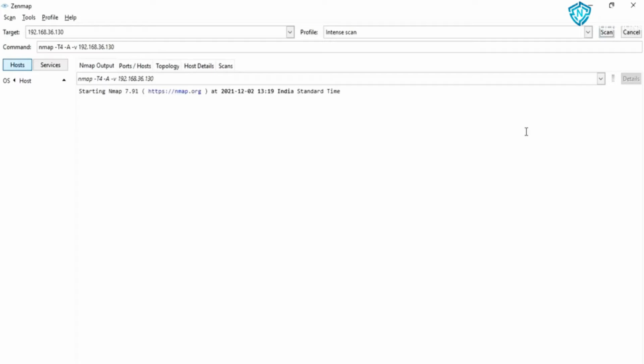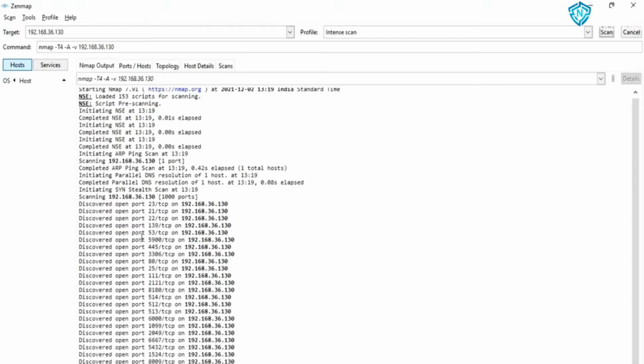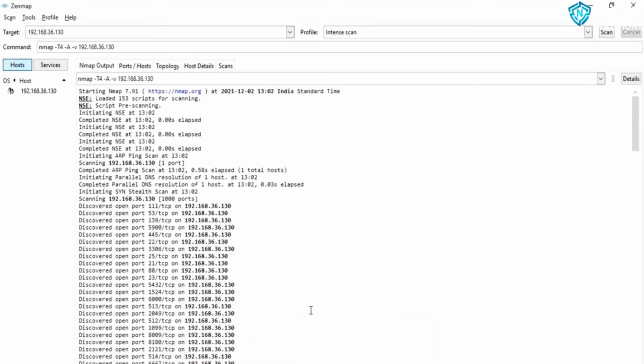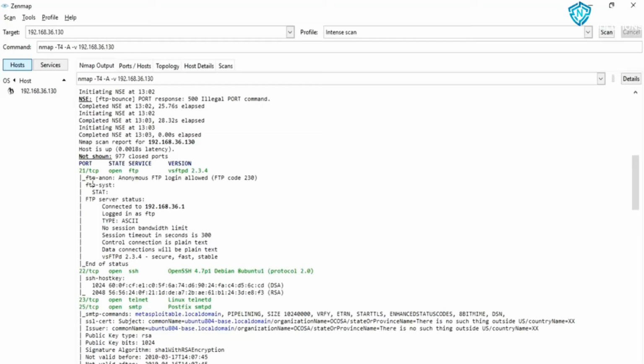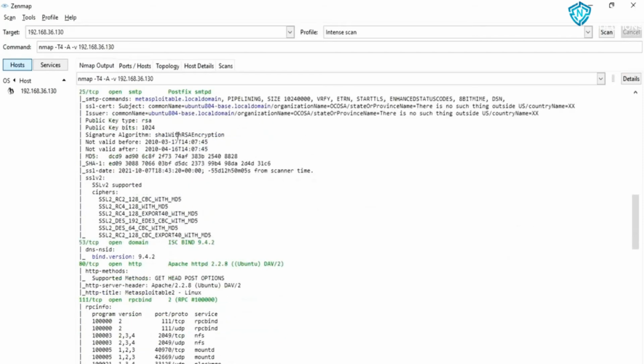Now we can see the scan has started and various logs are also being provided by Nmap. Various ports are discovered with the help of Nmap. Also, it is showing all the protocols that are being executed on those ports. After that, we will see that various services are running. Then the detailed information about that port is also given: the service, the version of the port, etc. Then we can see there are various ports available, along with that various services and their versions are also mentioned.